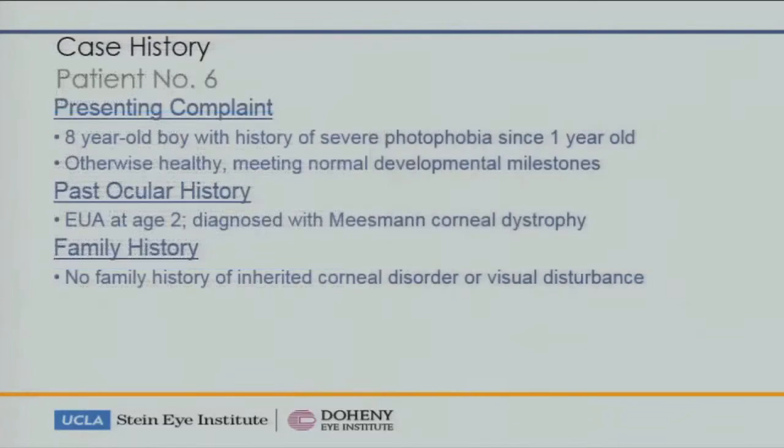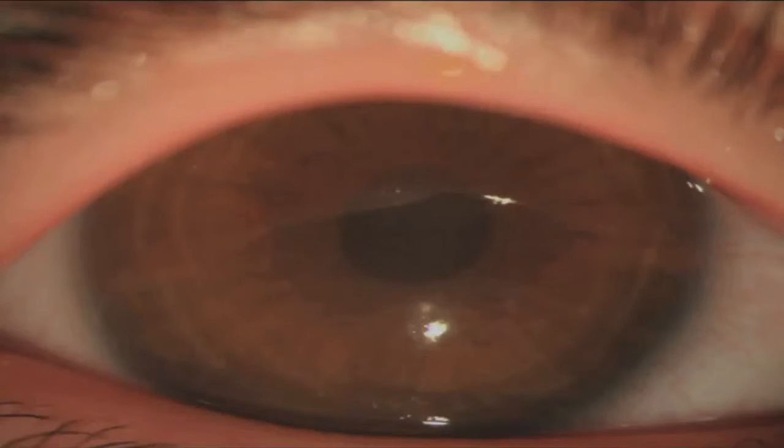So the last case I want to show you is a young boy from Atlanta who I saw a few months ago, referred by Barry Lee. Many of you may know Barry. 8-year-old boy with a history of severe photophobia since 1 year of age, otherwise healthy, had an EUA at age 2, and Dr. Lee, a well-known corneal specialist, diagnosed Meesmann corneal dystrophy, but it was odd that there's no family history, and Barry examined both of his parents. Again, a highly regarded corneal specialist said neither parent looked affected with what we presume to be an autosomal dominant